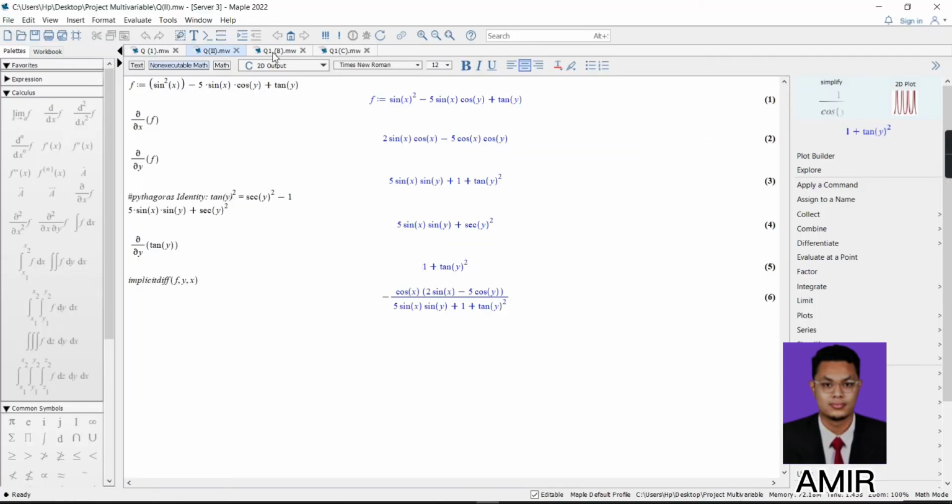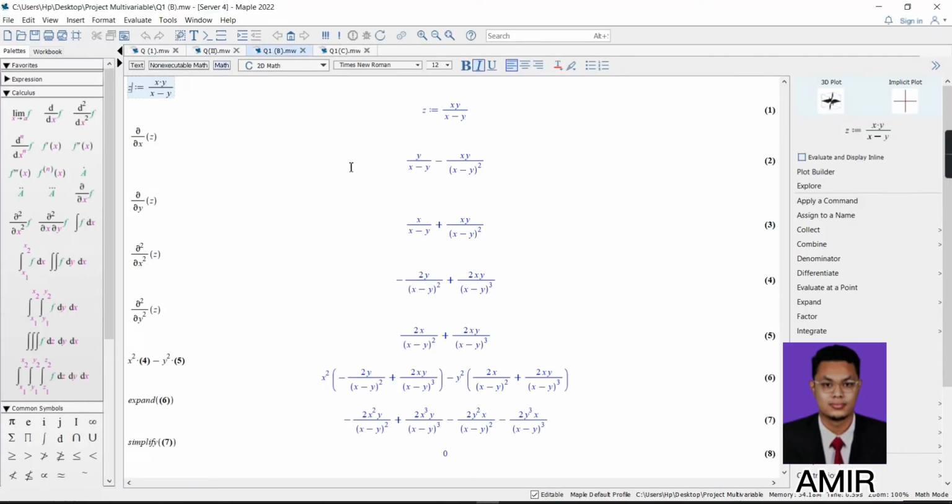So for the simulation, first I declare like this. First, for the variable equation z equals xy over x minus y, we will get this. Then differentiate d over dx in terms of z, we will get this, and also the same method for d over dy in terms of z, and for the second differentiation we do d over dy dx,